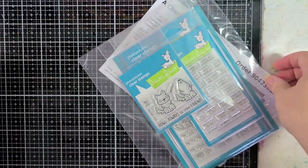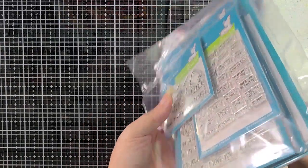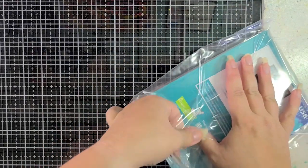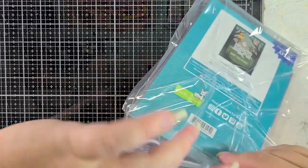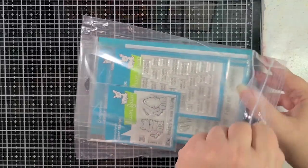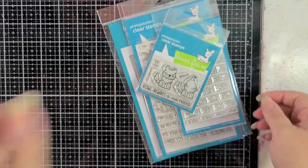I'm so excited. You know that I had to get these wolves because there's just so many things you can do with these wolves. And then when you pair them with the bats and the cats and anything else that you can think of for Halloween, and then I can use them for non-Halloween because, you know, critters. We were just talking about critters. I can't. I'm so excited. Okay. So, of course, I had to get,